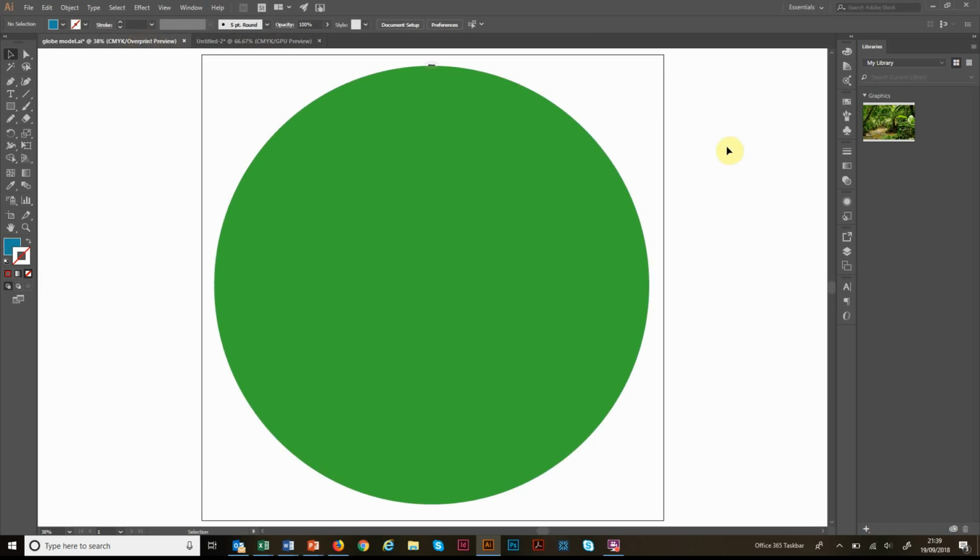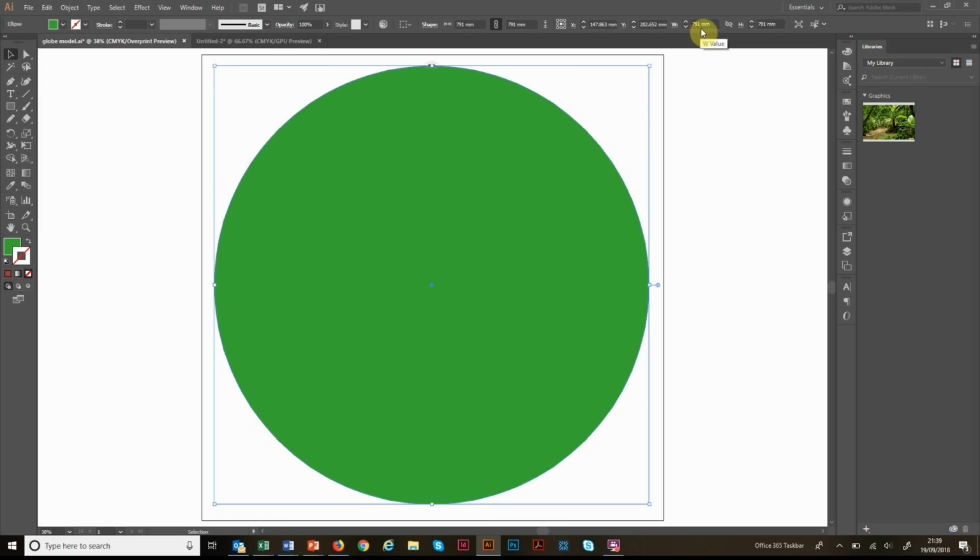So this is a globe, represents the globe. I've drawn this to a scale of 1 millimeter to every 10 miles. You can see up here the diameter of this circle is 791 millimeters, because the Earth is about 7,910 miles wide. So 1 millimeter, 10 miles. At the top here,